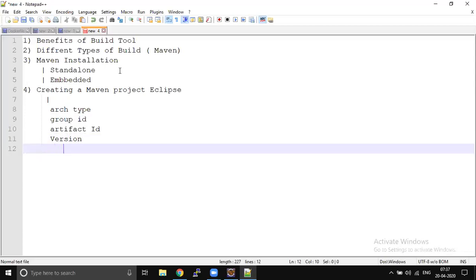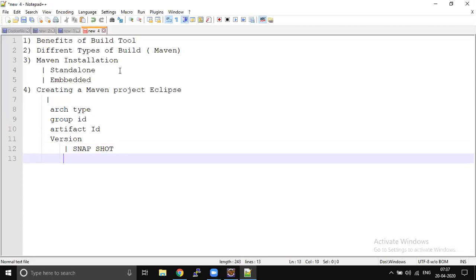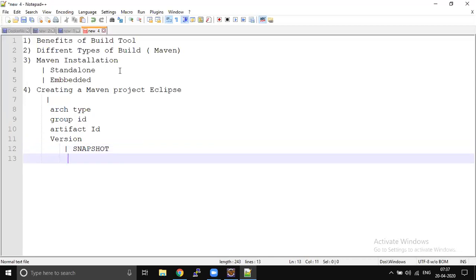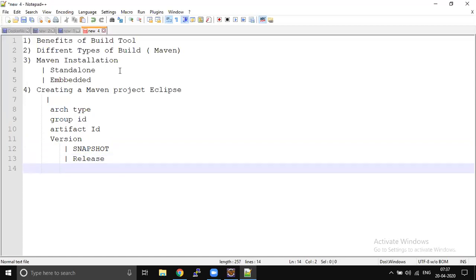In version there are multiple types, right? Snapshot, then release, then GA.